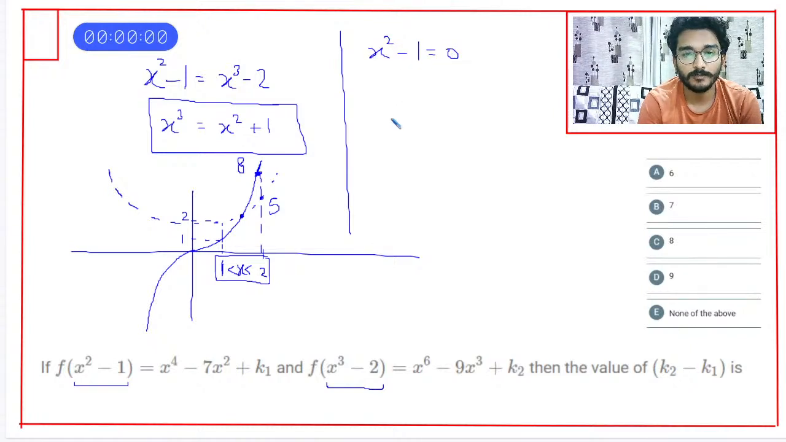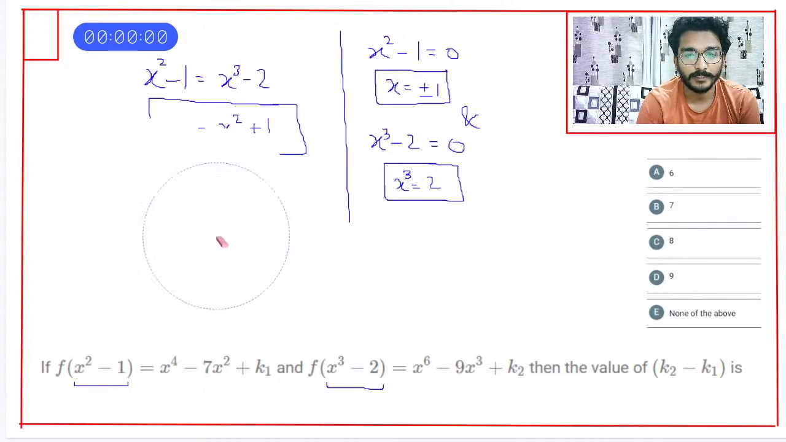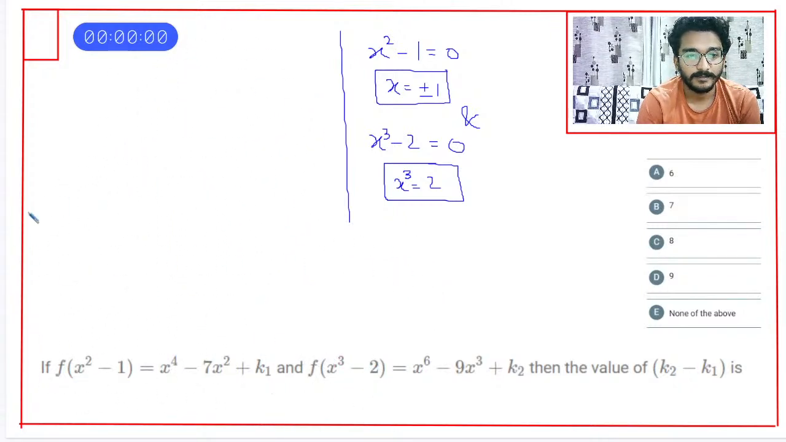x² − 1 को अलग से 0 रखो, जिससे x मिलेगा ±1, और x³ − 2 को भी अलग से 0 मानो, जिससे x³ मिलेगा 2, वट एवर। मेक देम इक्वल टू 0 independently. Okay, although it is like not digestible, we can't digest this thing easily, but still, तो by this information I can say the